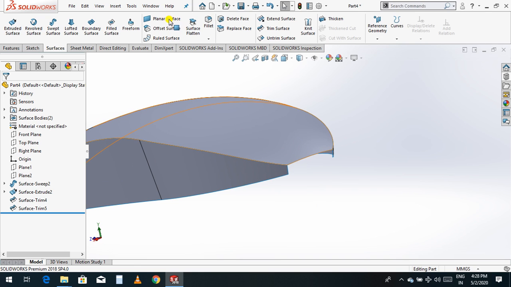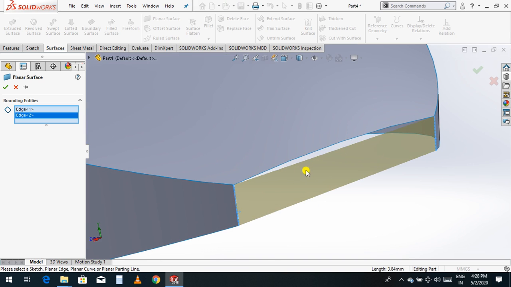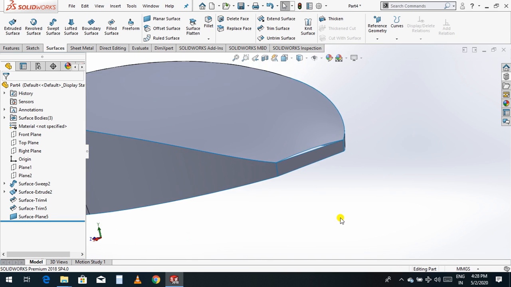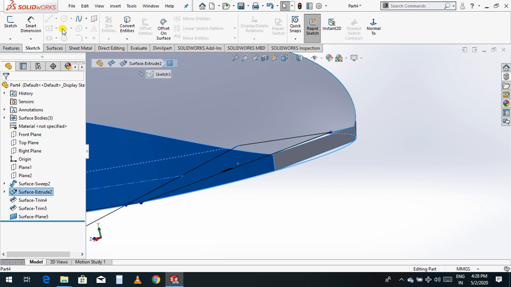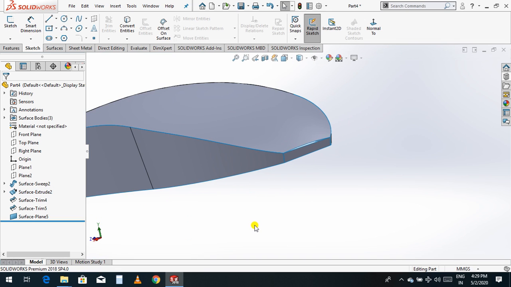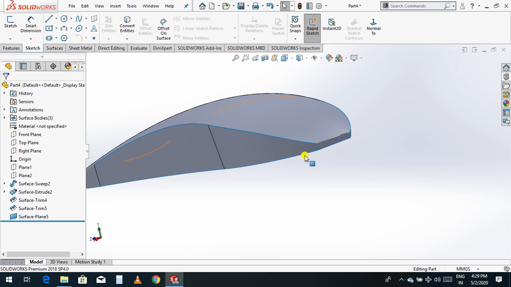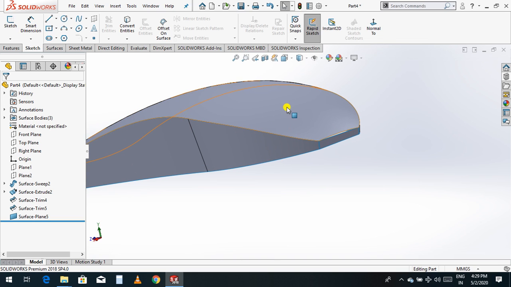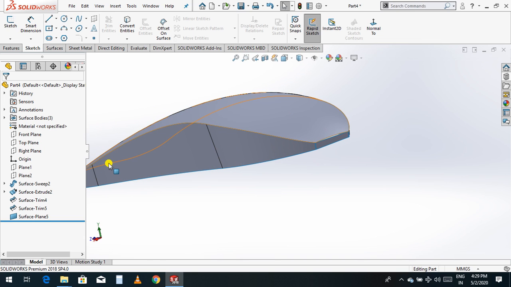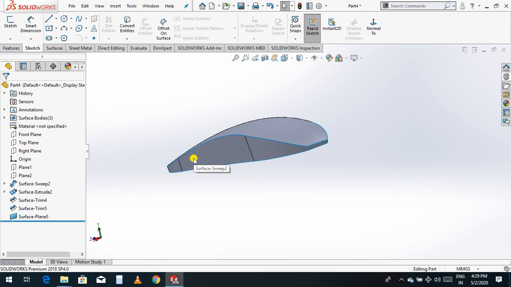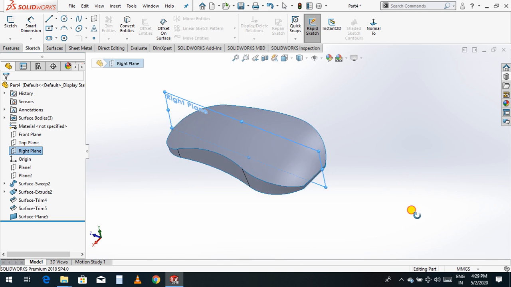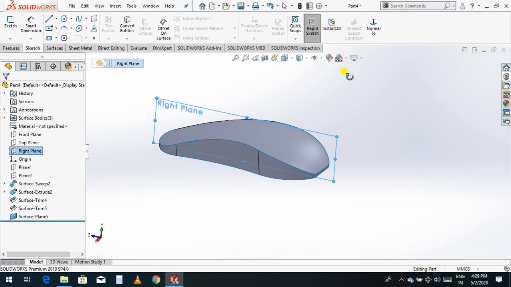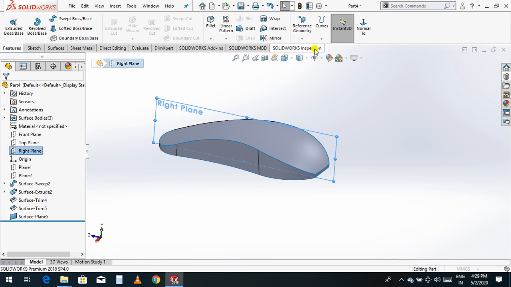If I do the planar, I'll take the right plane, feature, axis.